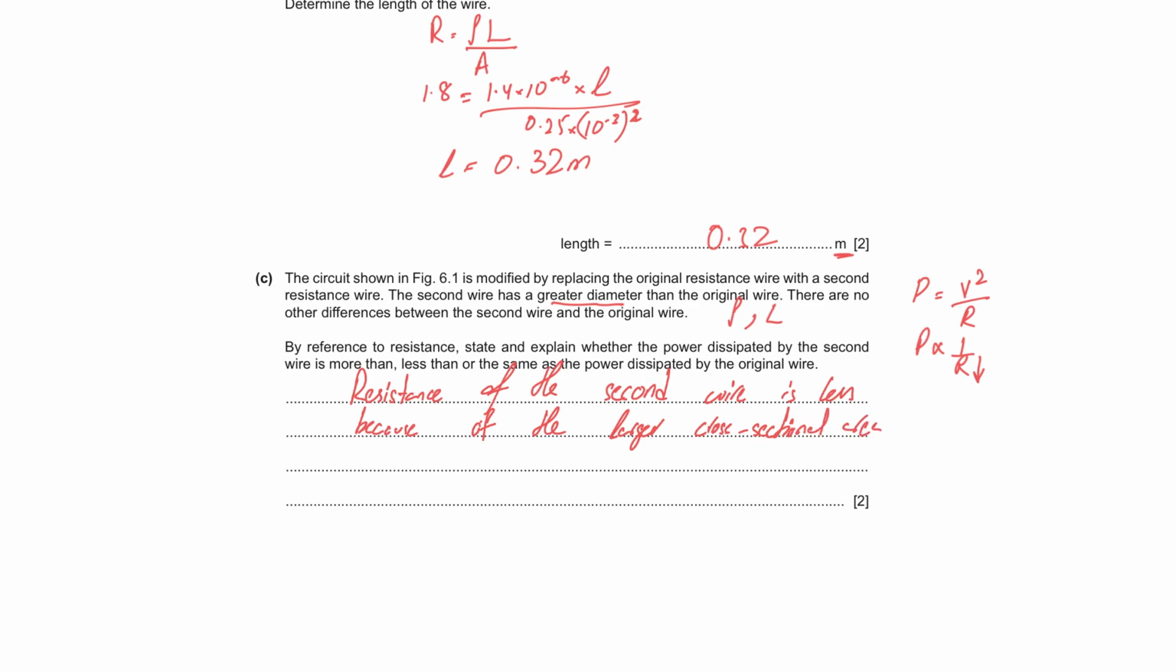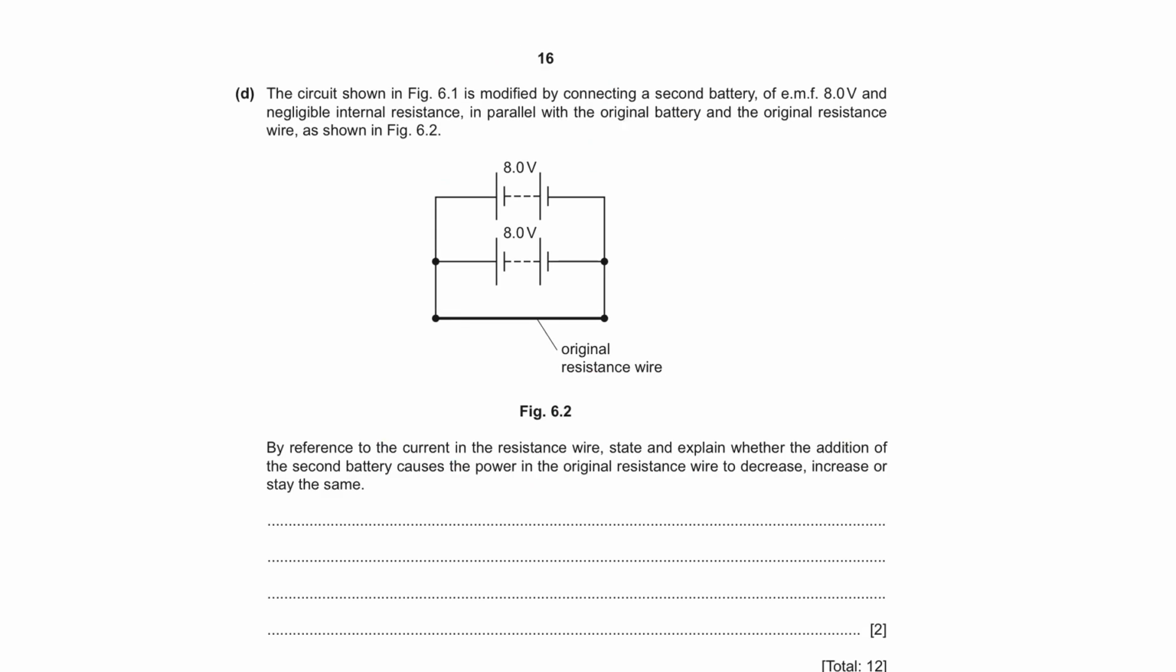But our question was, explain whether the power dissipated, how does it affect the power? That is what the question was. So if the resistance is less, the power dissipated would be greater. Thus, more power dissipated than the original wire. Part D of the question says the circuit shown in figure 6.1 is modified by connecting